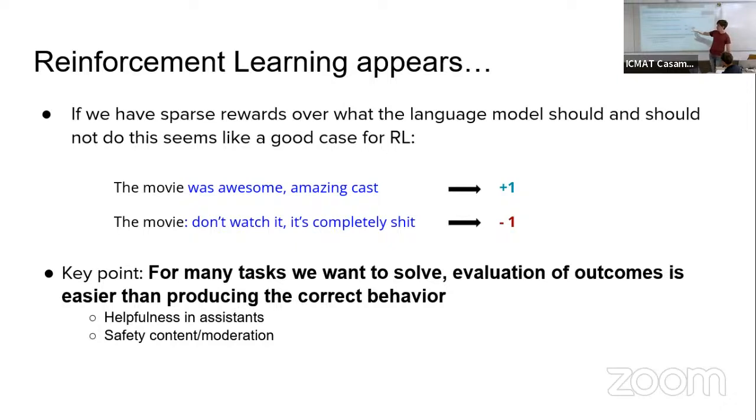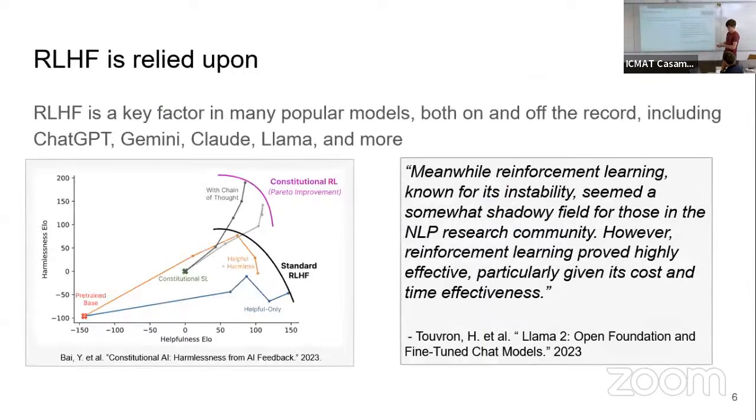Of course, this is a very simple example, just sentiment analysis. Typically, reinforcement learning for large language models is for more useful tasks, which are typically to improve helpfulness in assistance, or to also improve safety, to have ChatGPT avoid generating illegal or harmful content, okay? So let's continue a little bit.